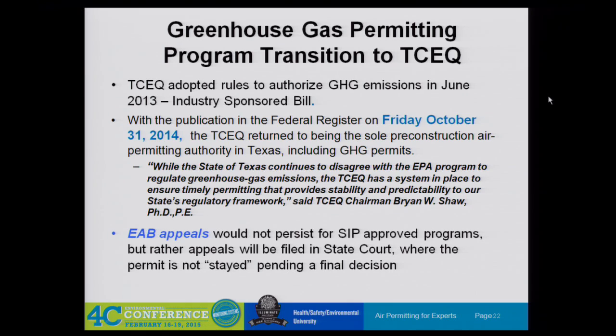Brian Shaw had another quote. While the state continues to disagree with the EPA program to regulate greenhouse gases, TCEQ has a system in place to ensure timely permitting. It provides stability, predictability to our state regulatory framework. So this did a number of things besides just kind of move the review from Region 6 to Texas. It also eliminated this Environmental Appeals Board avenue for SIP-approved programs. So now you can still have an appeal in state court, but the permit is not stayed pending a final